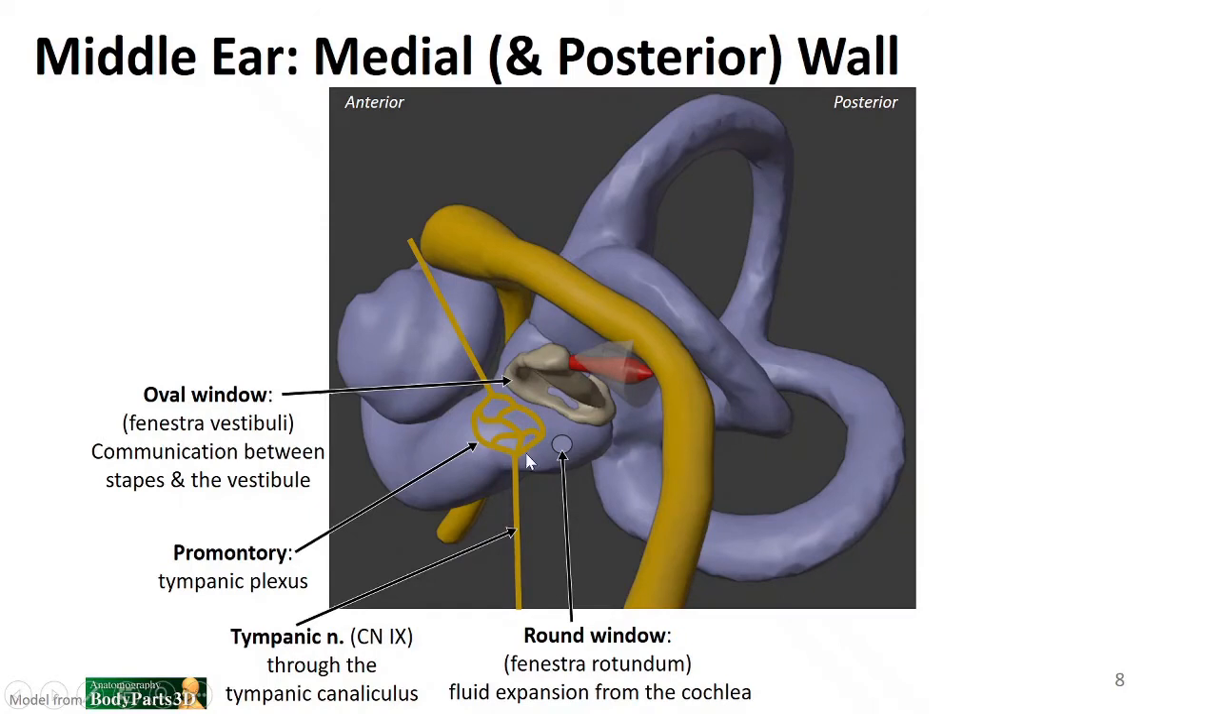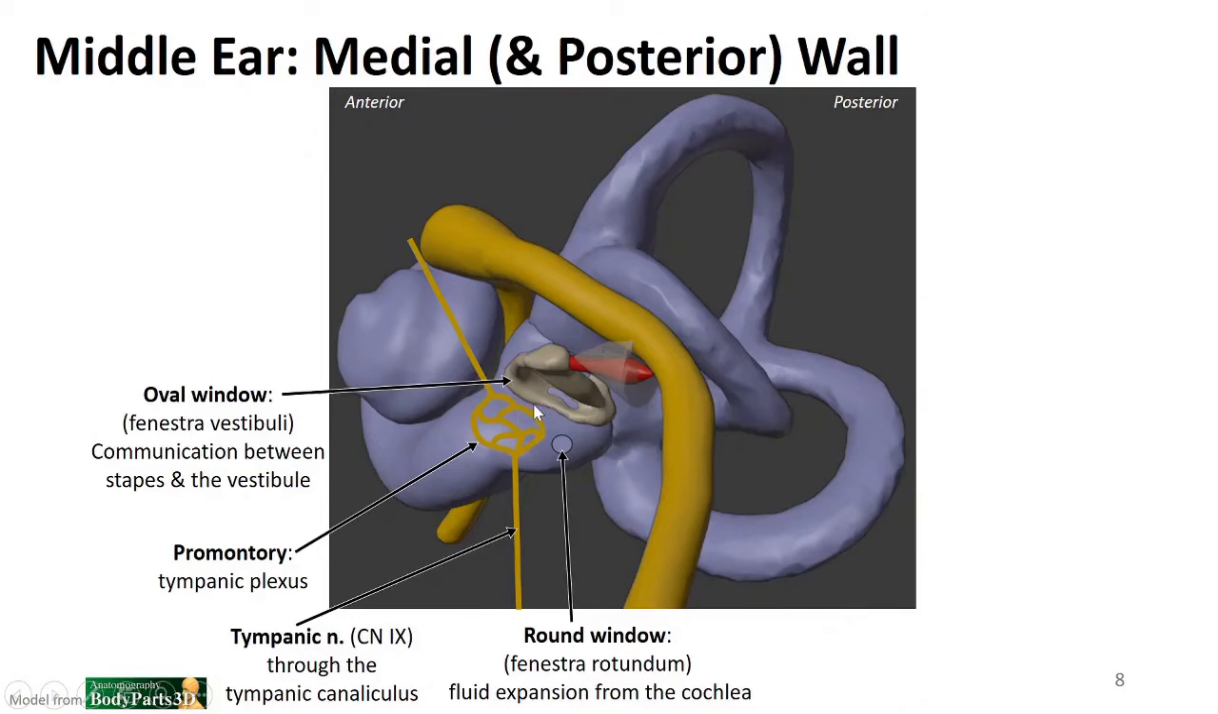So this is the initial portion of the cochlea, as you can see, leading from the vestibule here, over toward the cochlea, which will then curl up on itself like a little shell. So this initial portion bends toward the medial wall and protrudes into it. So that promontory sticks into the middle ear, and that is right where we find the tympanic plexus